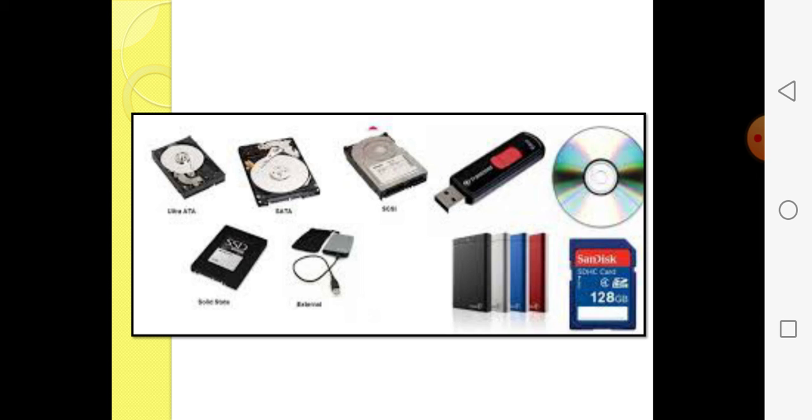The hard disk is inbuilt in the computer, and nowadays USB hard disks are also available. So if you want to transfer your data, you can transfer it to these devices: CD, DVD, pen drive, memory card. These are all examples of secondary memory.